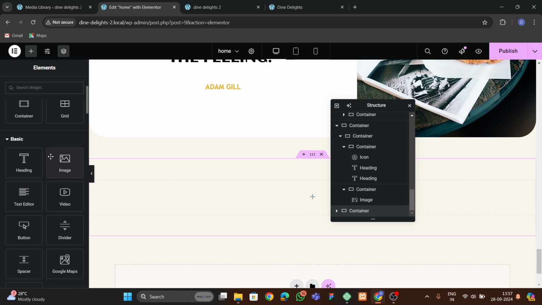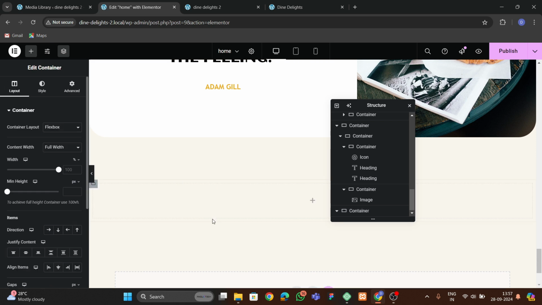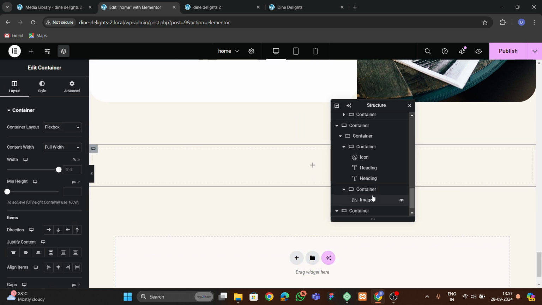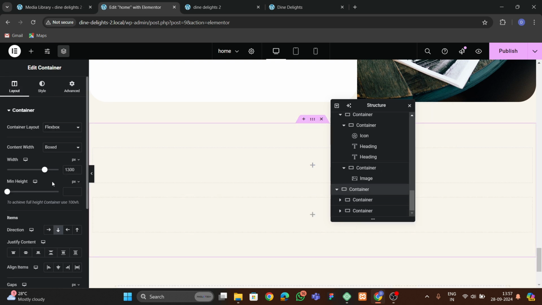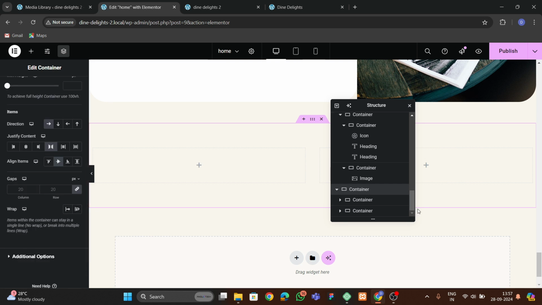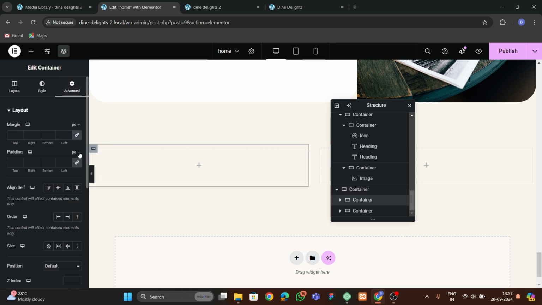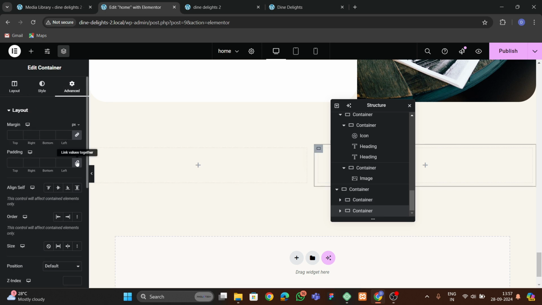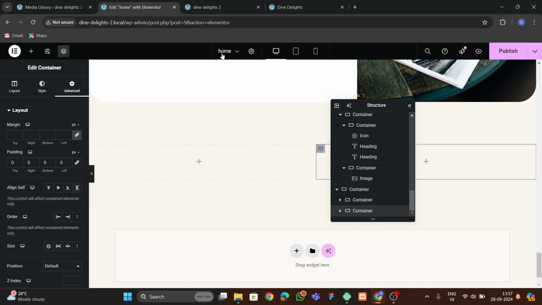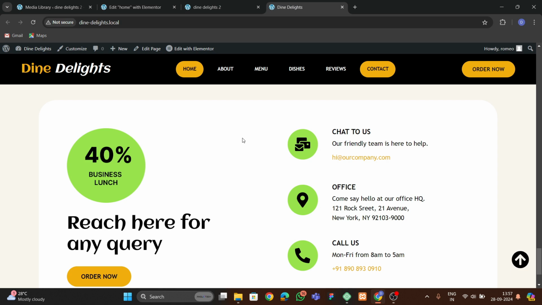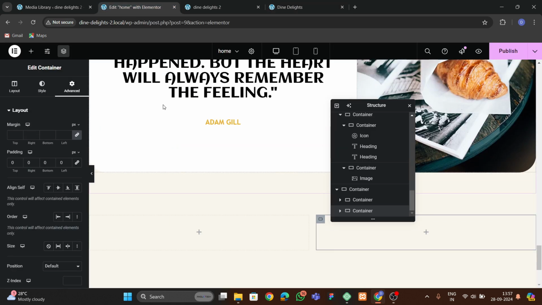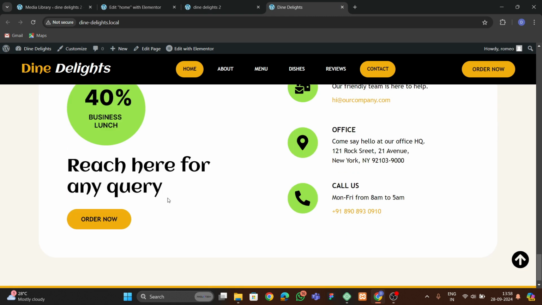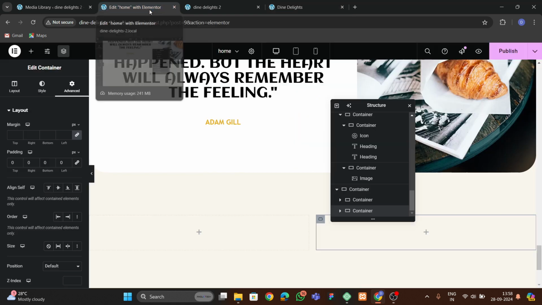Okay, then after that we can add a container here. Okay, then we can duplicate this container. Go to this here. Okay, then after that we can go to this, remove all the padding. Go to this, remove all the padding. Now what we can do, we have to make this white. So okay, so now we have to add this. So for adding this, what we can do,